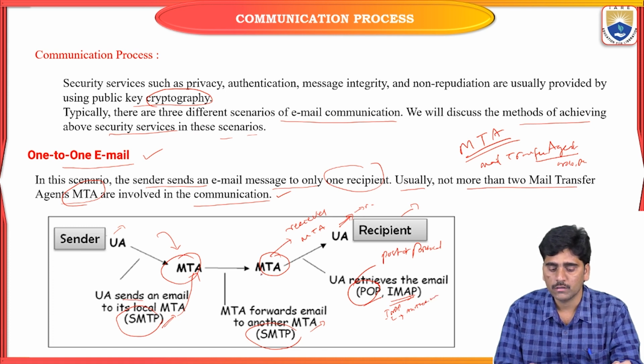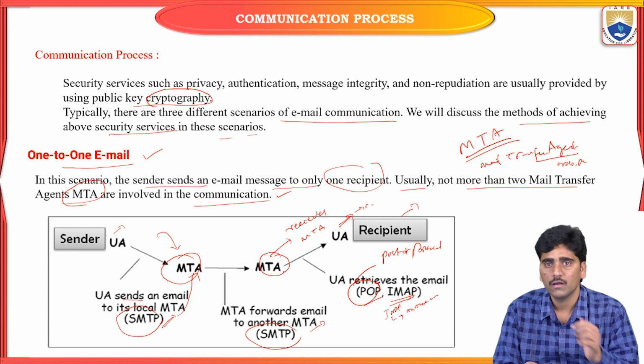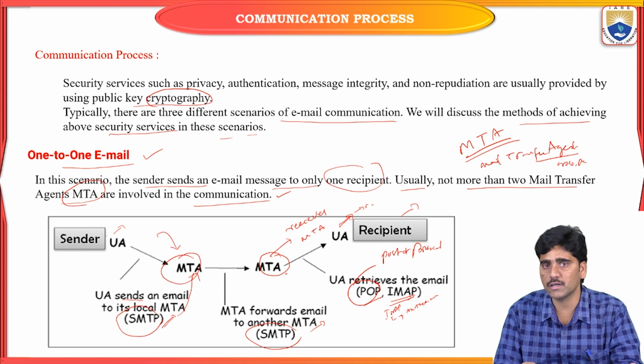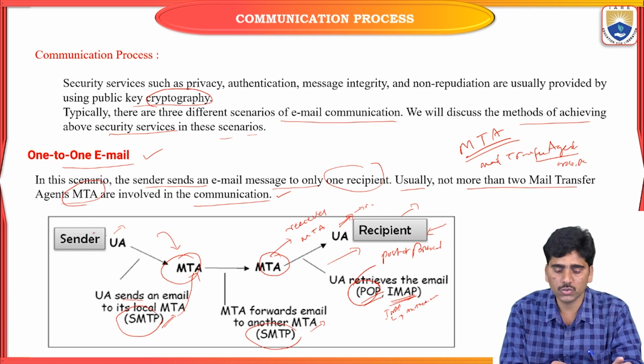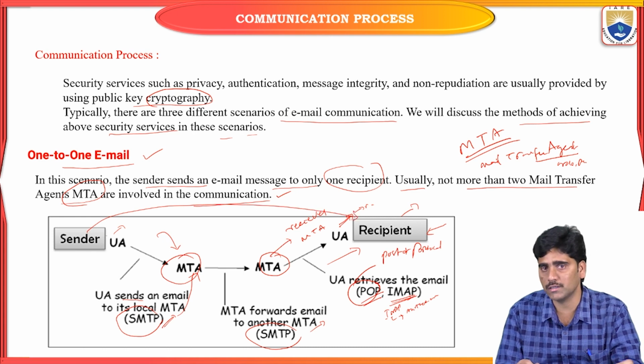So now the mail has to be forwarded from the sender MTA to the receiver MTA. After it is received on the receiver side, the receiver gets the mail with the help of POP and the Internet Mail Access Protocol. With both the Post Office Protocol and the Internet Mail Access Protocol, the mail has to be received by the recipient such that the mail is not modified and nothing is lost, because those two, sender and receiver, are authenticated.